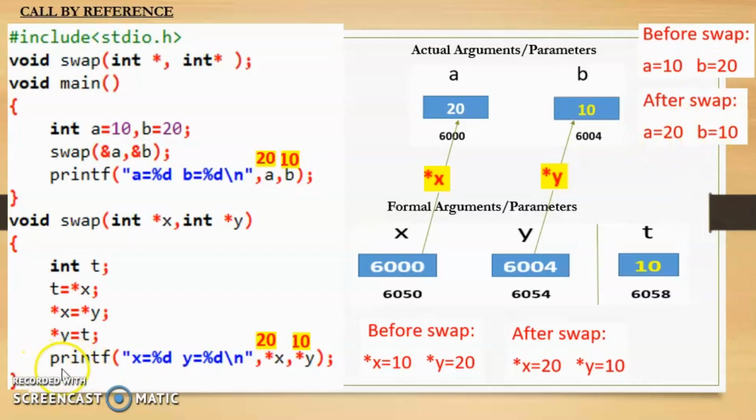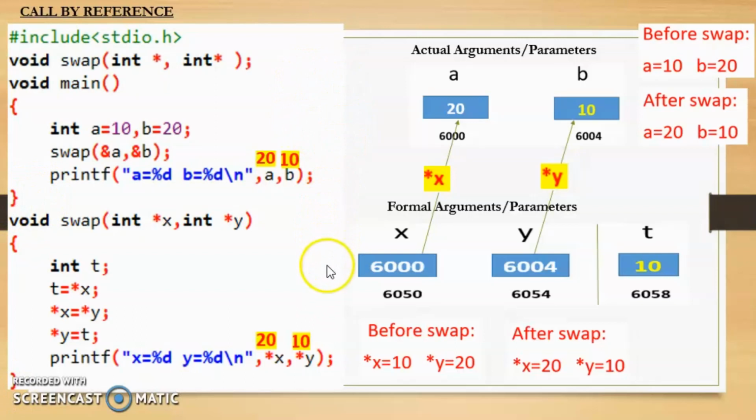So in this program, after executing this printf statement, there are no more statements, so control will return back to the main function. Now inside the main function, this statement has already been executed, so it will execute this printf statement. Inside this printf statement, it will print a and b values. Now we know that a value has been changed to 20 and b value has been changed to 10. So it will print a equal to 20 and b equal to 10. So after this printf statement, there are no more statements, so the main program will terminate, and once the main program terminates, the entire program will terminate.